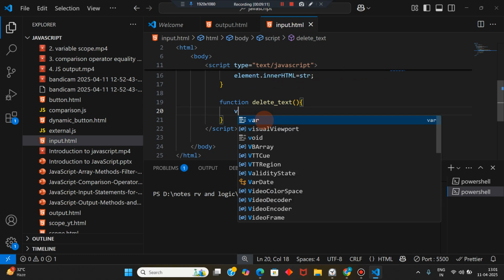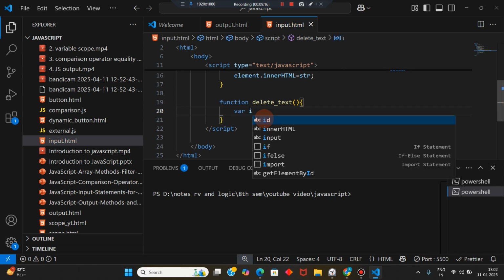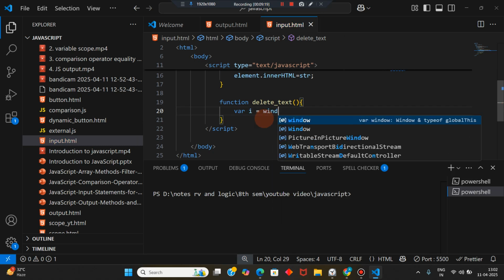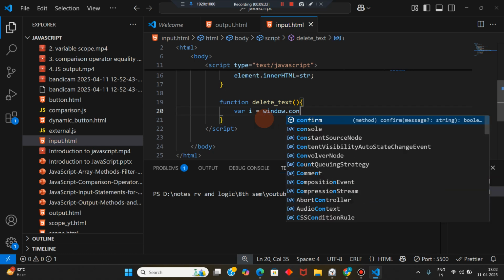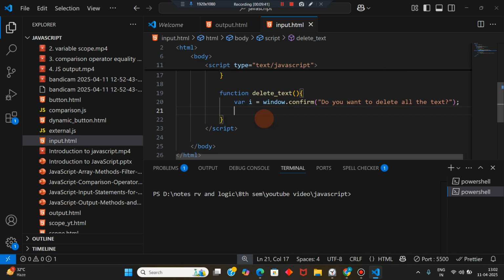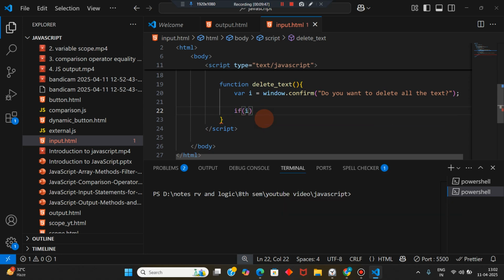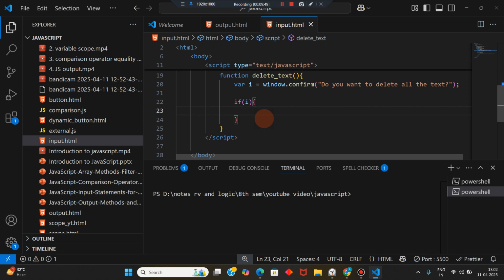So we have to take the input, right? Variable. Let us write i is equal to window.confirm. Okay. Message: do you want to delete all the text? This is the question. And if your i condition is true, then what do we do? Then we write